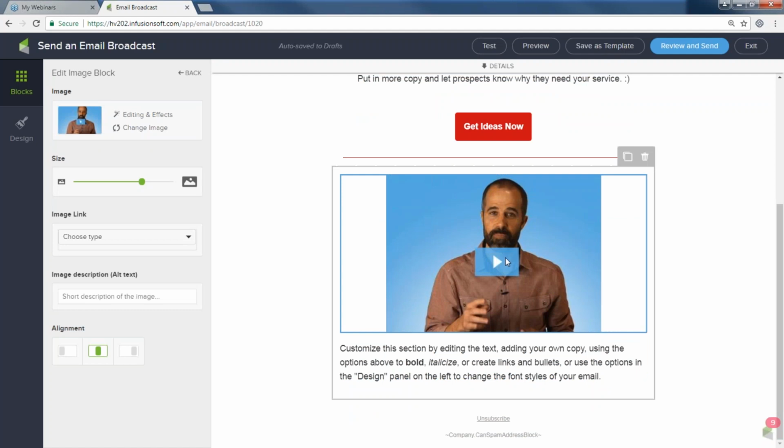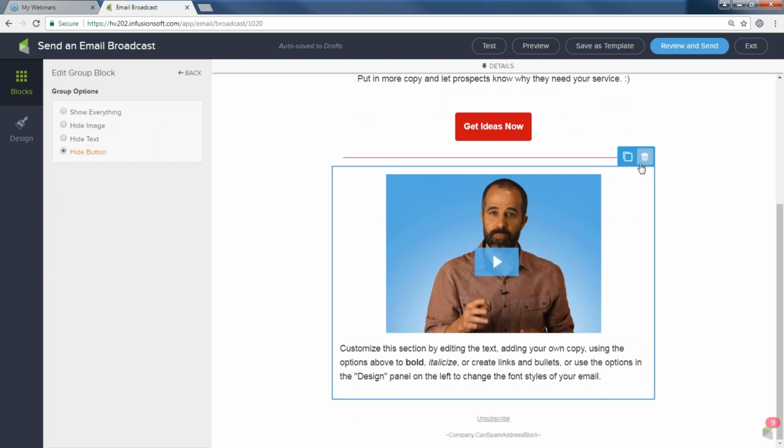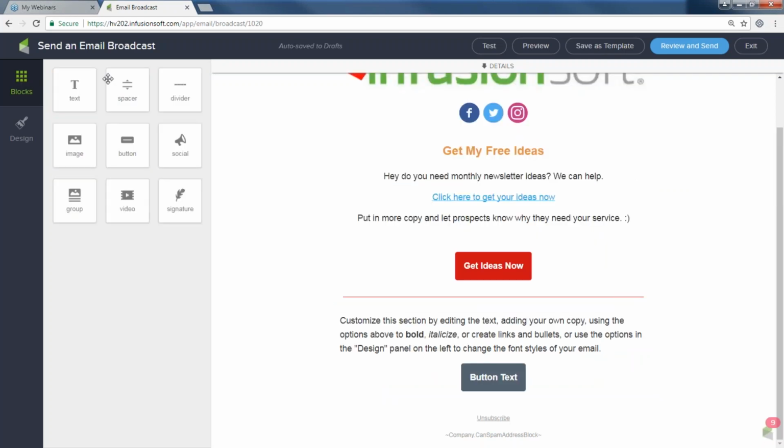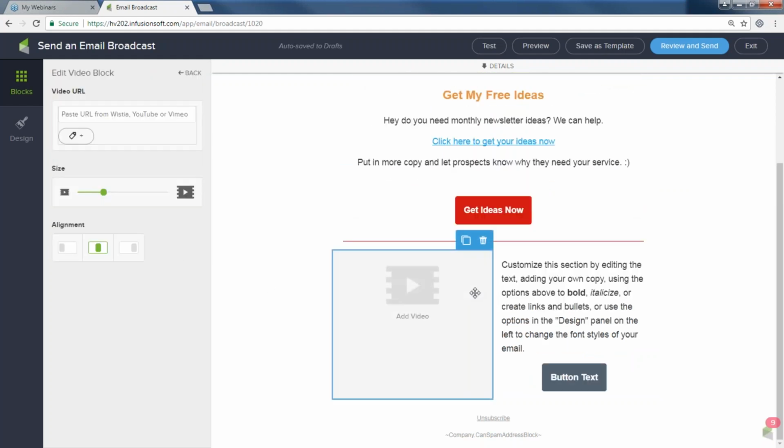And I want to link that to, if I want to put a video there instead of an image, let me put in a video. Let me delete that. Hide image. And if I want to add a video, come to my video snippet, put in my video snippet, and then I do need to go and find that video and add the URL. So let me